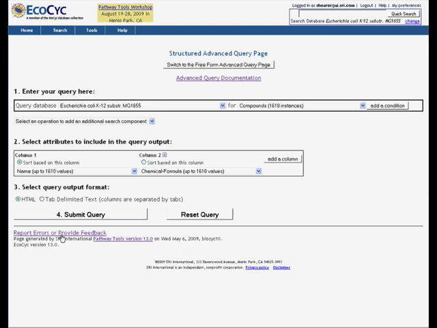Maybe there's a bug, maybe it's something about how the database is put together that you're not familiar with yet, and we can help you out. We're excited about helping people out with designing queries, figuring out how to get what they need out of the Biosite collection of databases. So hopefully this has given you a good stepping stone to go from an intermediate user to an advanced user, to really play with the Structured Advanced Query page, and maybe even to branch out into the free-form